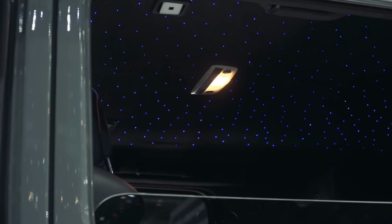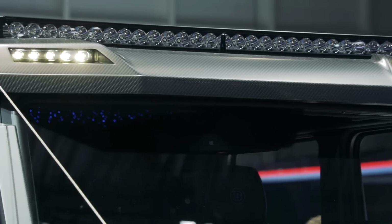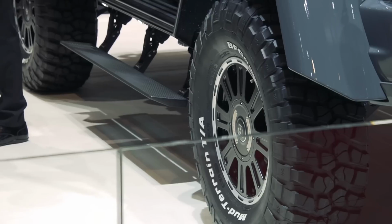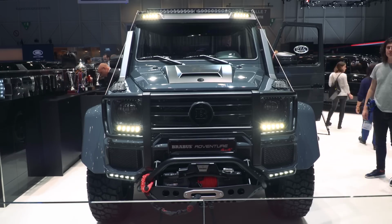Now, you can spec it as a complete vehicle, or you can just pick and choose your bits, just in case you don't necessarily need remote control LED searchlights on the roof, or power retractable steps, or maybe you only want those. Anyway, choose it as a whole thing, and it will cost you around